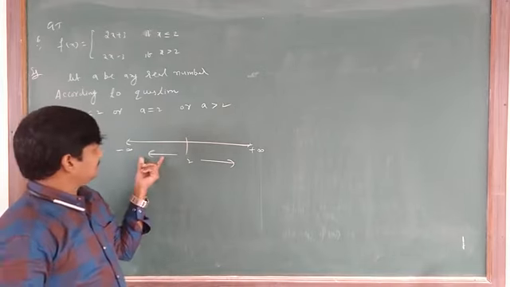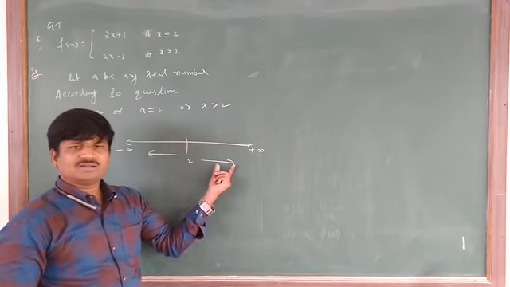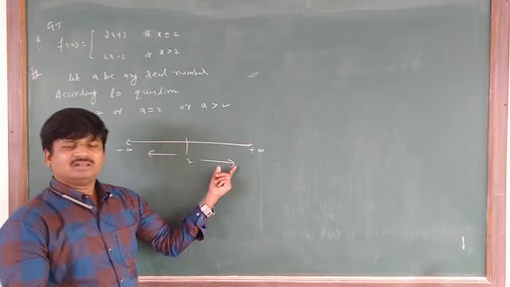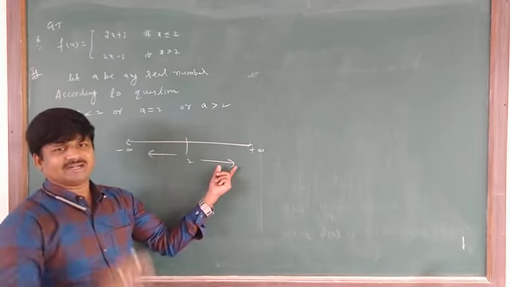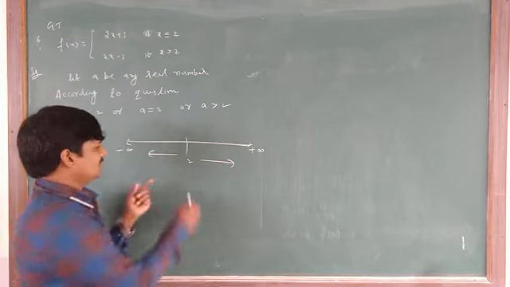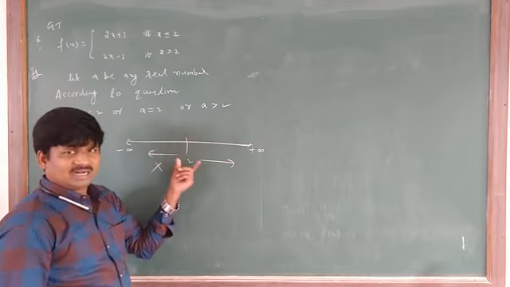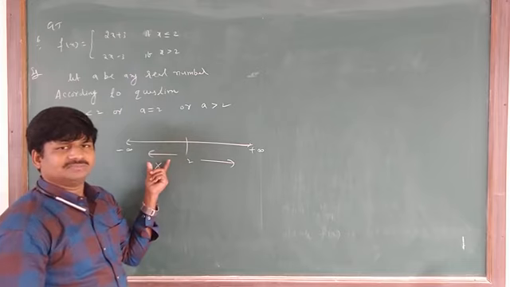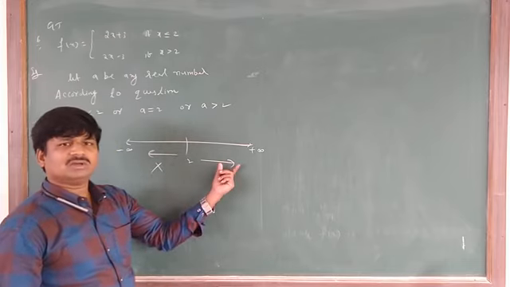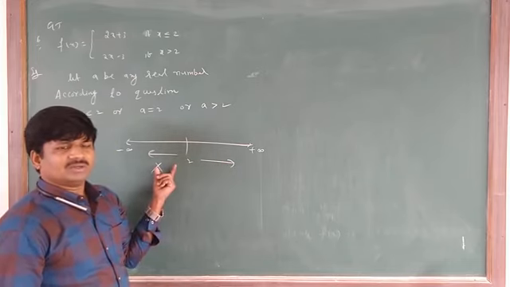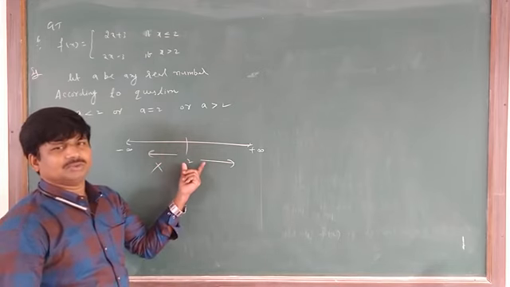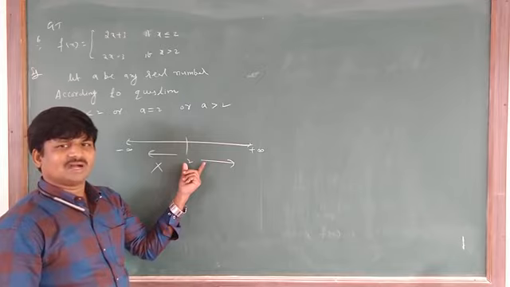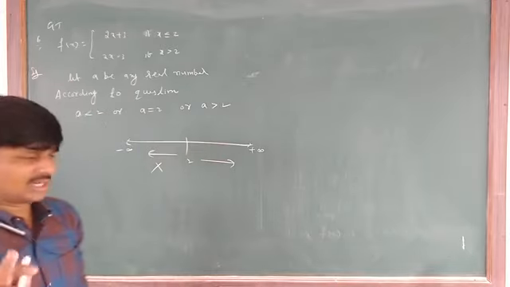If suppose it is continuous here, then there are no points where the function is discontinuous. If suppose it is discontinuous to the left of 2, then the given function is discontinuous for all real numbers less than 2. Like that you have to say. Are you understanding or not? By solving this question you can understand easily.